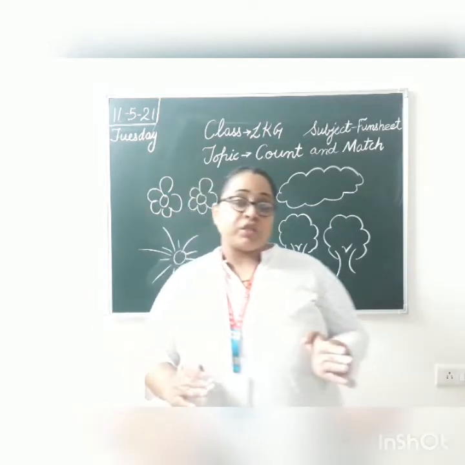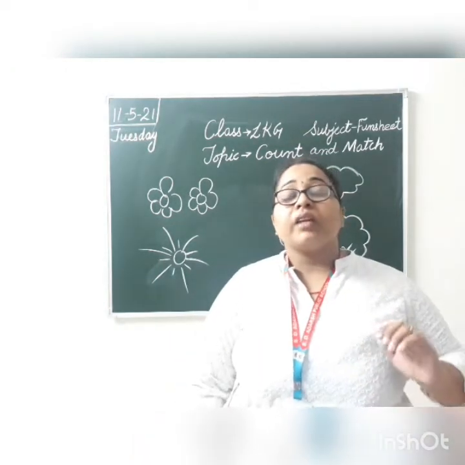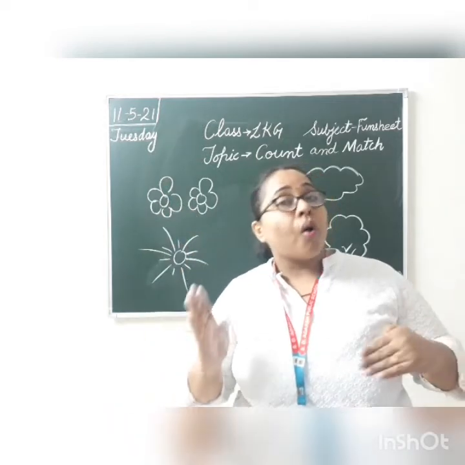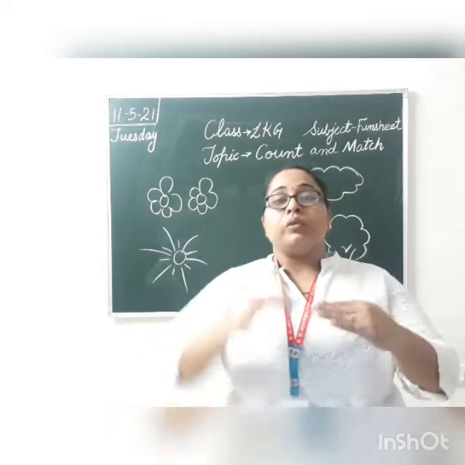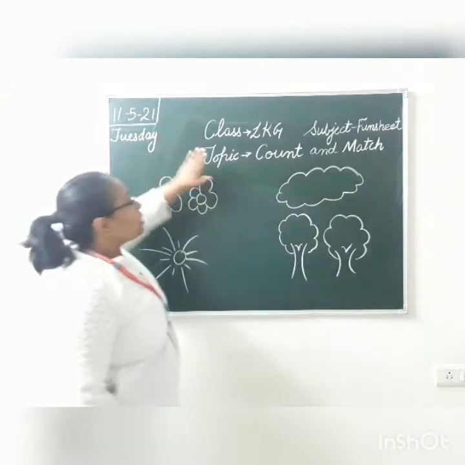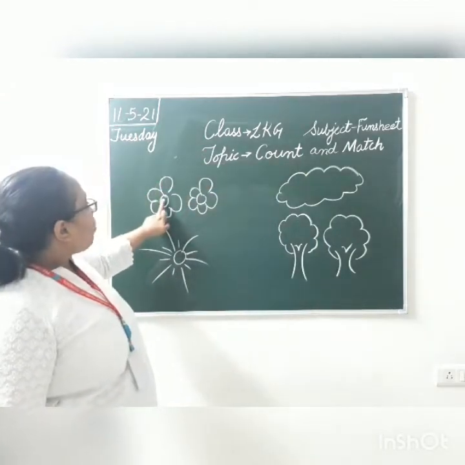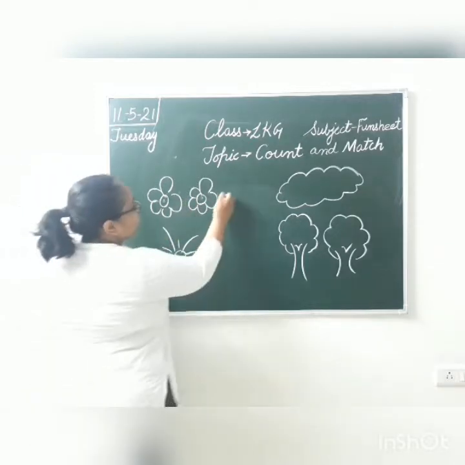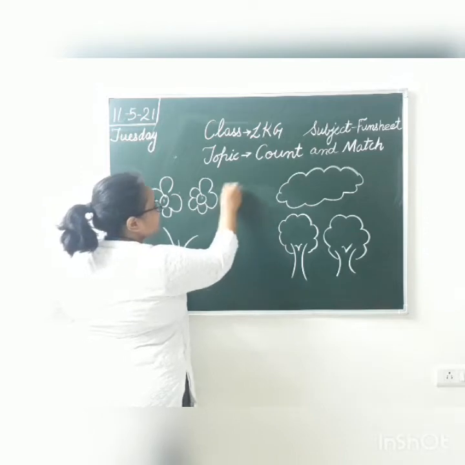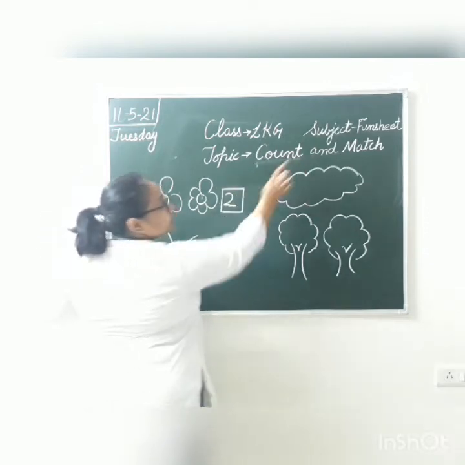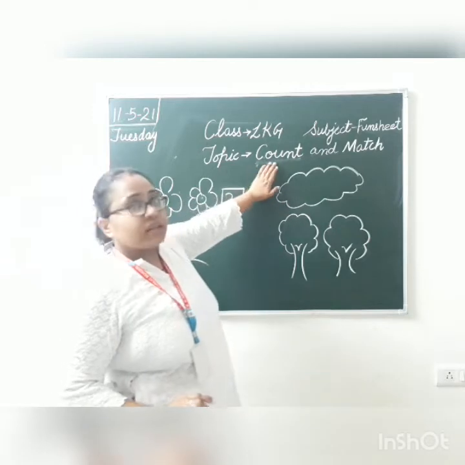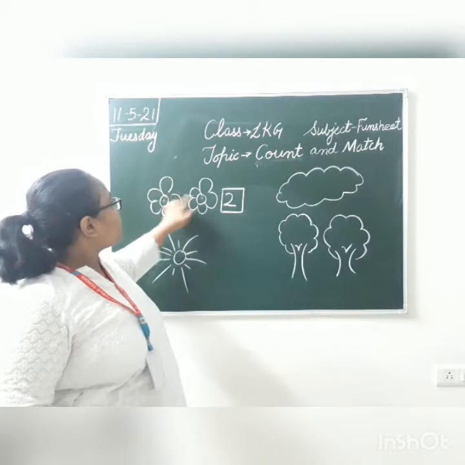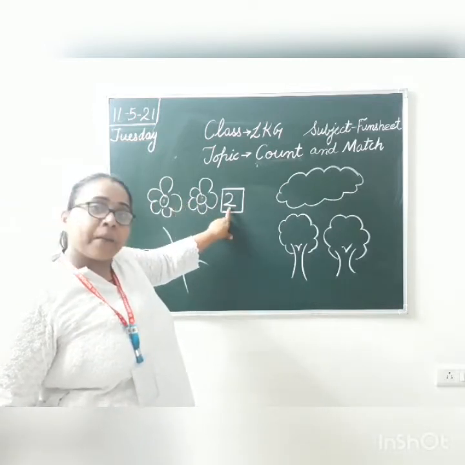And then match. अब match कैसे करते हैं? That you are given similar objects on both the sides, but जो उनका order होता है वो गलत होता है. For example, just see at the board here. I have 1, 2 flowers. So what I'm going to do? I write 2 here for this. First we have to count. Let's do as it is said. First we have to count. ठीक है? तो हमने क्या किया? We have counted the flowers and we have written the number here.